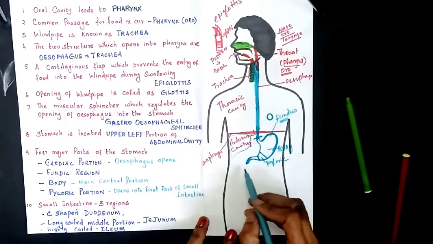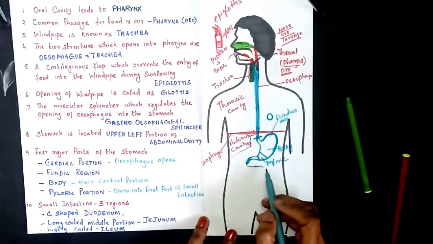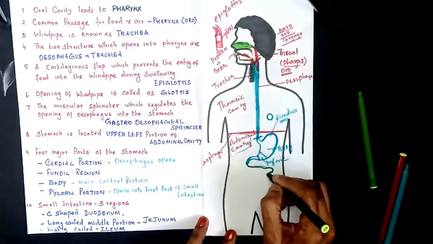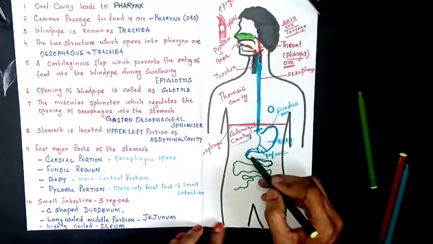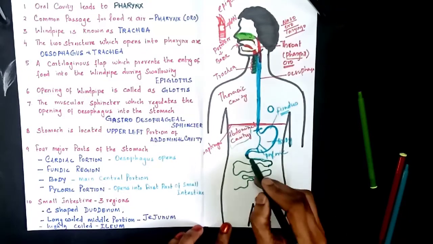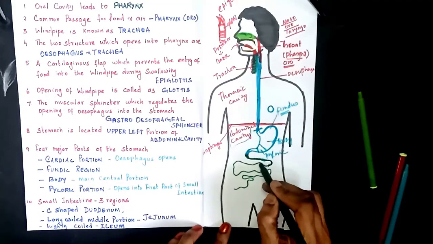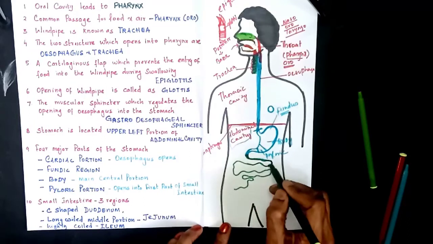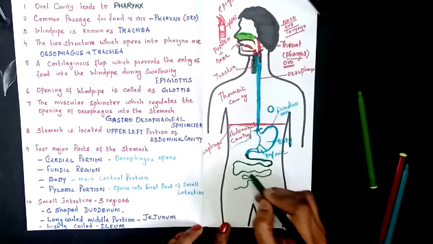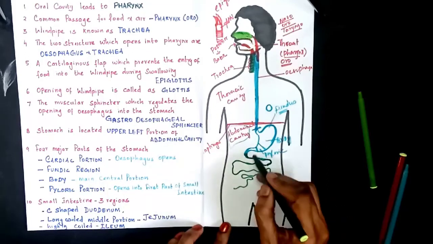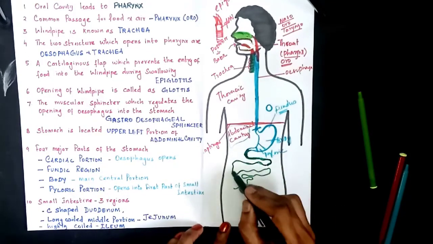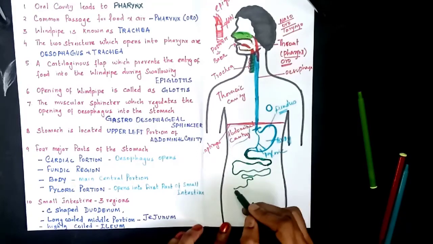Now the stomach leads to the small intestine. The small intestine portion I have represented in green. It is a very coiled structure, but just for explanatory purposes I have drawn it this way. So the small intestine has three regions. The C-shaped duodenum, this is the C-shaped duodenum,